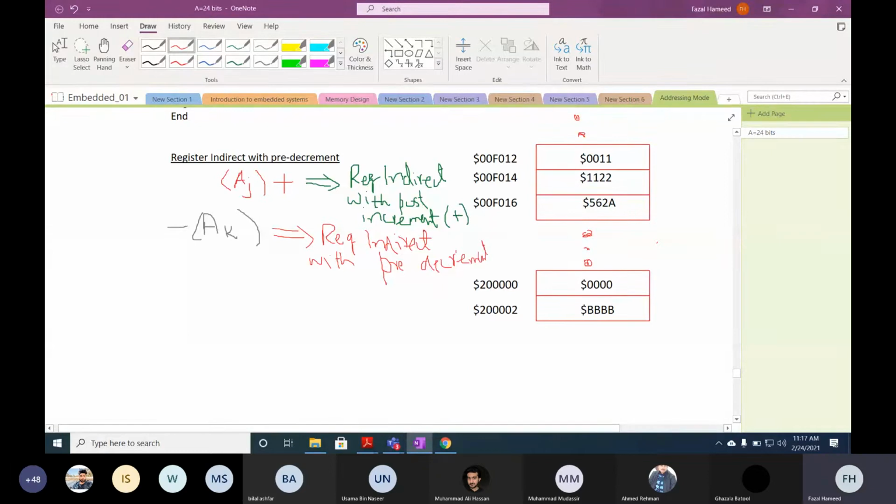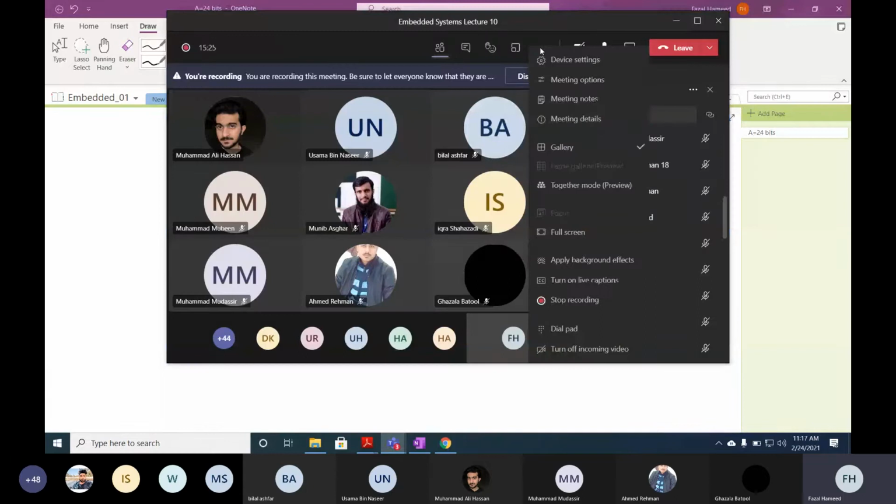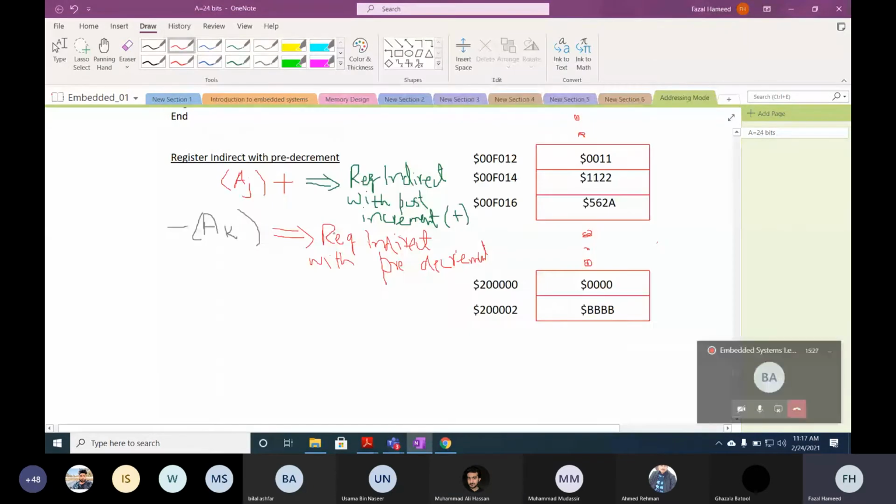Now I will explain this with an example. In all classes we are doing it with an example.